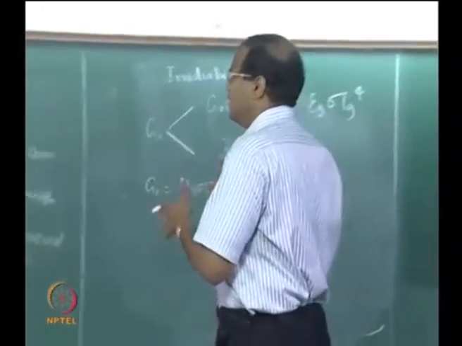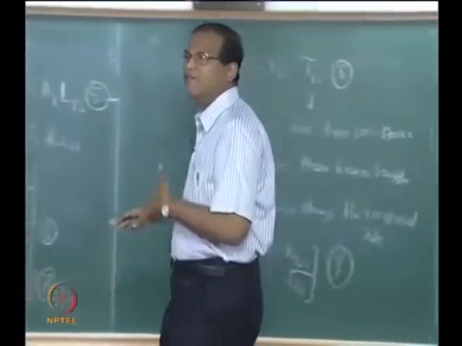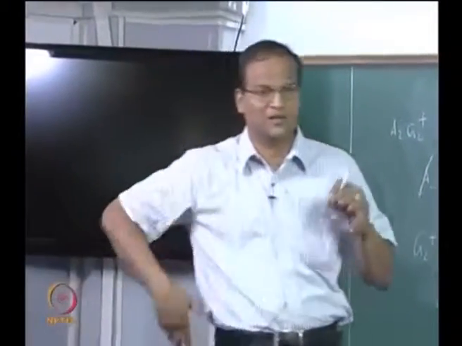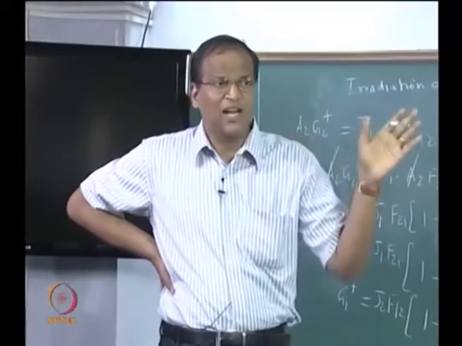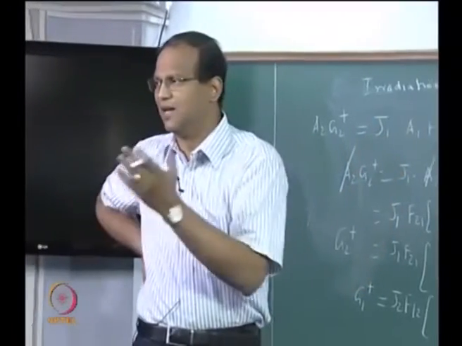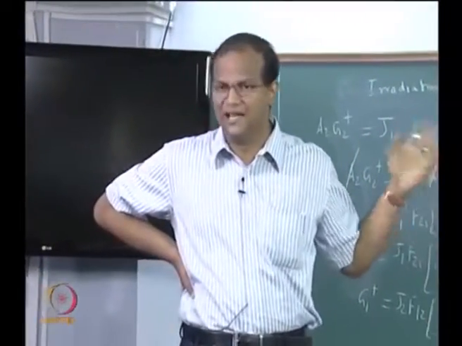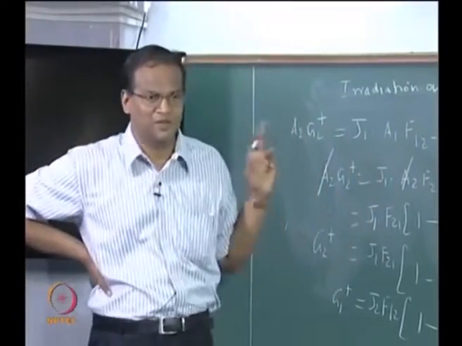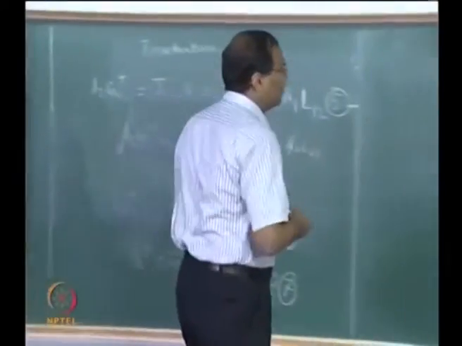So this is to aid, it is to help, it is a simplified way, just like you have a lumped capacitance system. You say the whole body is at one temperature. It is also valid under some limiting conditions, the Biot number hL by k is less than 0.1. Like that, the optically thin gas. This is valid for an optically thin gas, only one gas, it is not for a gas mixture.